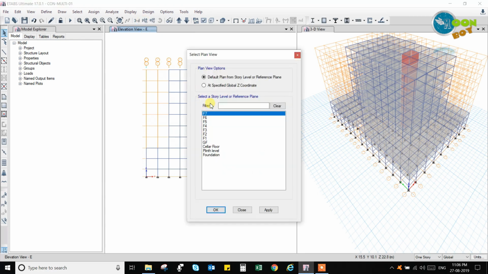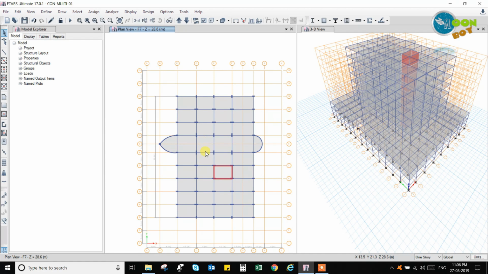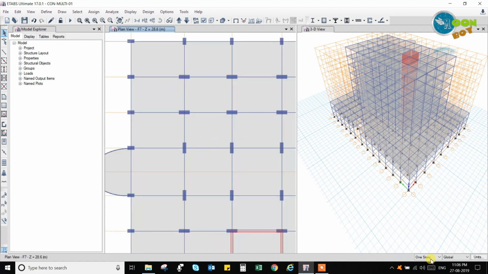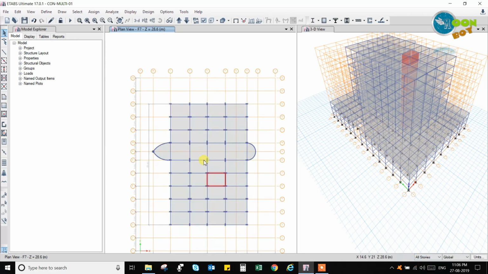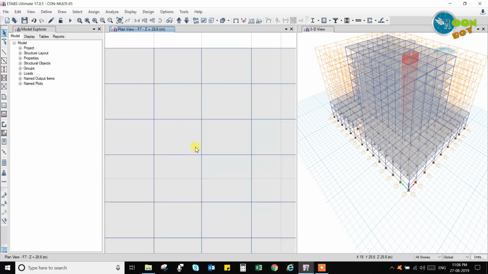Now I will show you how to draw the staircase. Go to the plan view, row 7, and select the 4 columns where you want to draw the staircase. See that here all stories is on, and I want to draw the staircase in this part. So clear selection. In this part I will just select these 4 columns with the beams,